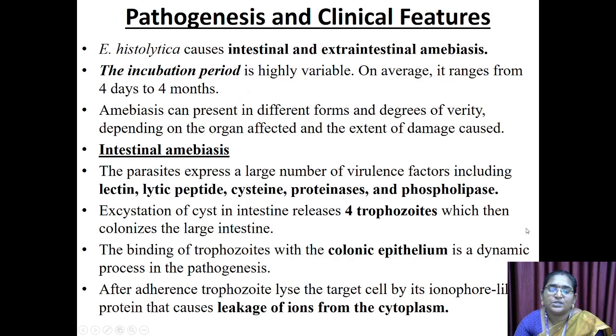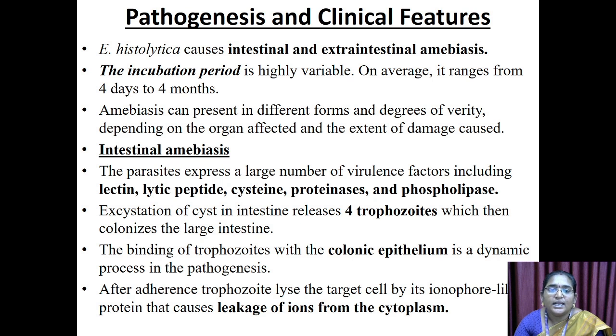Pathogenesis and clinical features. Entamoeba histolytica causes intestinal and extraintestinal amoebiasis. The incubation period is highly variable. On average, it ranges from 4 days to 4 months. Amoebiasis can present in different forms and degrees of severity depending on the organ affected and the extent of damage